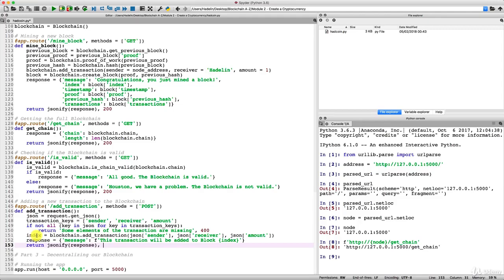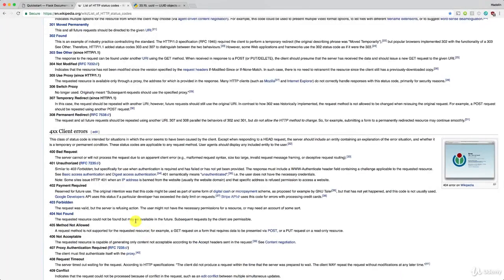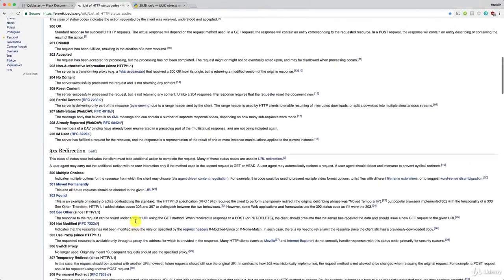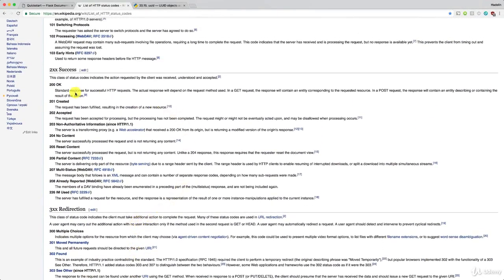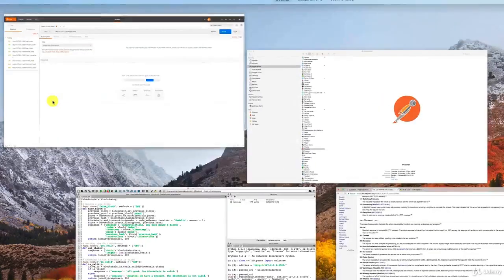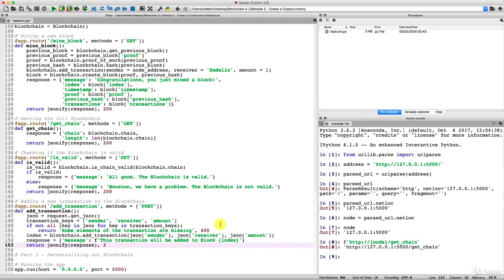And so if we go back to Wikipedia with all the HTTP status codes, it's almost the same as the one we used for the GET request to still say that everything is okay, you know, that it's a success. But since we're doing this for a creation, that is for something that is created, it's going to be the code 201. And that's exactly what we'll return right here for the HTTP status code of our post addTransaction request.